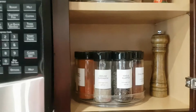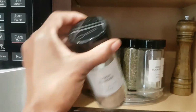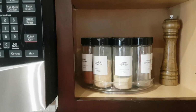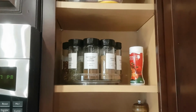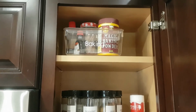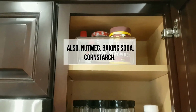so that I can spin around the spices and get access to each one of them. If I need to get to the ones in the center, I could easily get those. And the way I've organized it, these are my primary spices, the ones I use often, with the secondary spices up top. And then I have my baking, which is also separate. So I can pull down the top bin and get access to cinnamon and some of the flavored essences, and